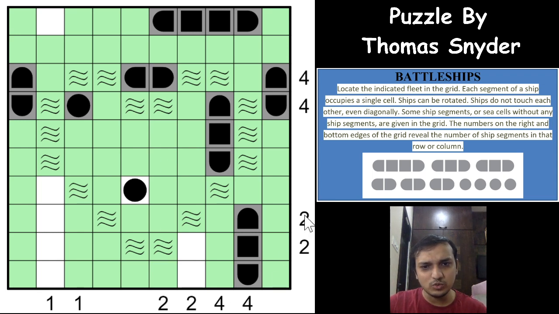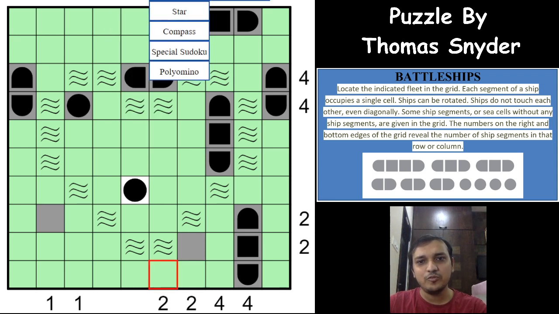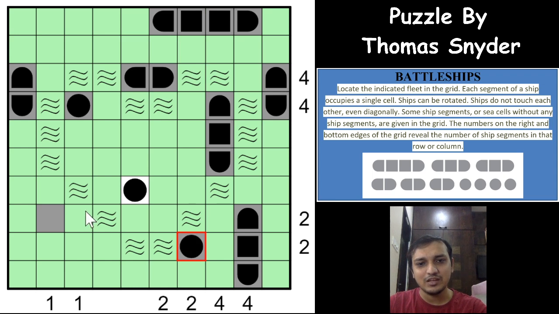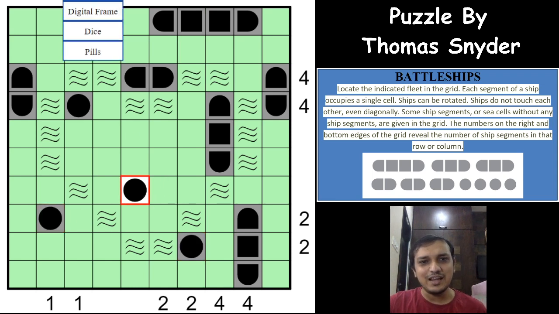And if you see these 2 now, these 2 can only be fulfilled if you have this cell as ship segment, which means that the 1 is also fulfilled, and these 2 can only be fulfilled if you have a ship segment here, right? Which means that you have already formed 4 single-cell ship segments and we have completed the puzzle. What an excellent puzzle this was, a great puzzle.